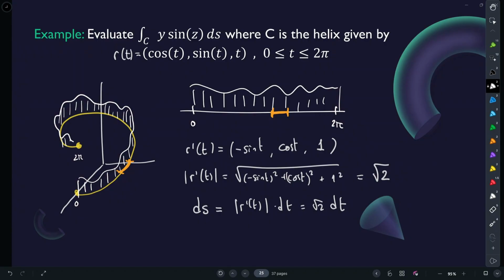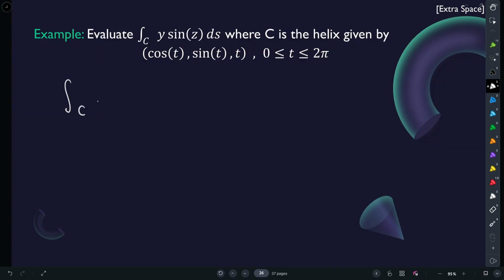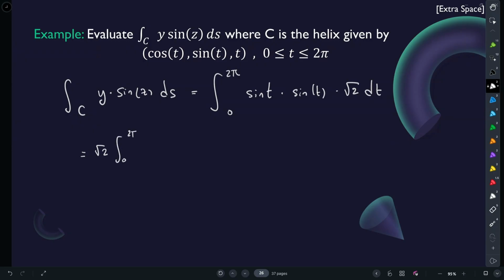So now I can put everything together and compute my integral. The integral that I want to compute is y times sine z ds, and that will be the integral from 0 to 2 pi in time. The y coordinate is sine of t. The z coordinate is t, so this is sine of t. And then the ds was a square root of 2 times dt. So this is the integral of a square root of 2,